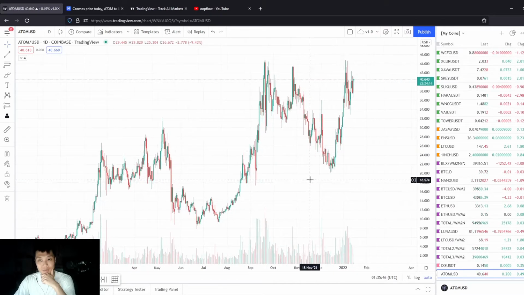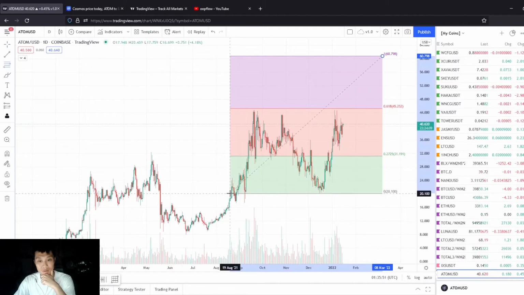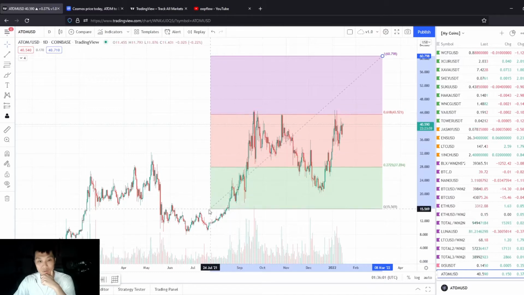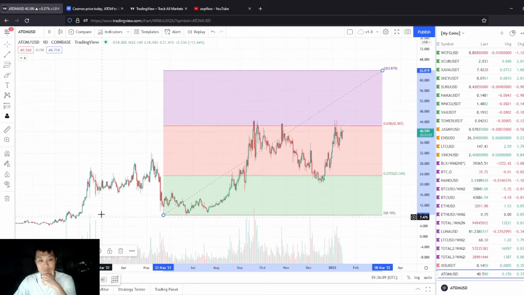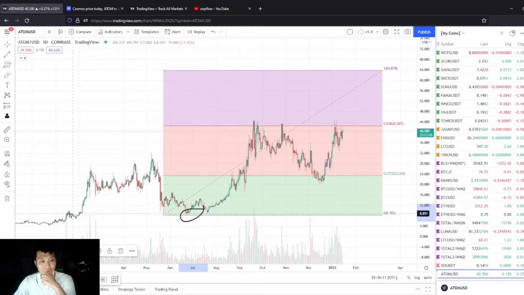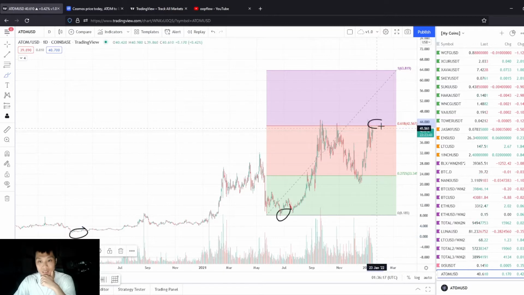Based on the past couple of videos, if you have watched them, you would know that a lot of my price predictions are measured with the 0.618 Fibonacci. A quick summary: if you want to determine the next resistance level of any particular coin, you simply take the local low, or even these other lows, and the most recent high, and then you'll be able to predict the next high.